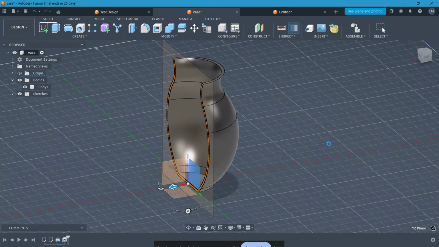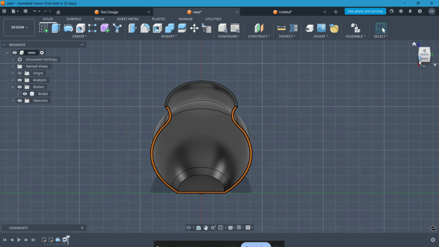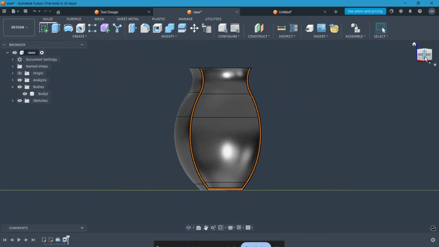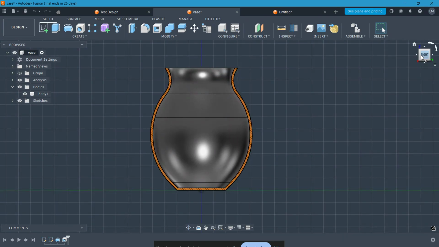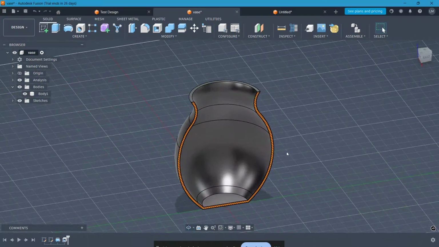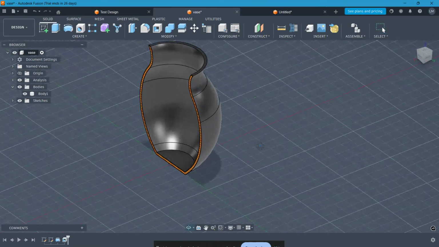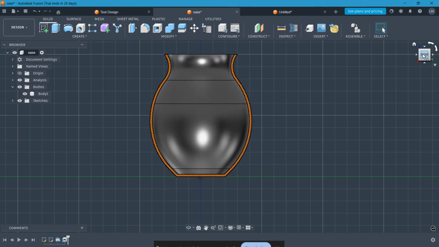Fusion 360 will now create a live section analysis that stays visible in your workspace. You'll immediately see a cross-section view of your model, which reveals the internal geometry, cavities, and structures inside the design. This makes it much easier to analyze wall thickness, internal features, and part alignment, especially when working on engineering designs or mechanical assemblies. And that's how you use section analysis in Fusion 360 to quickly inspect the inside of your